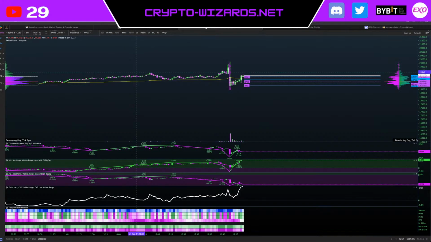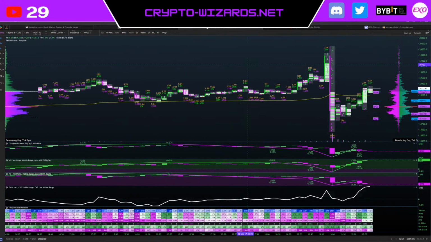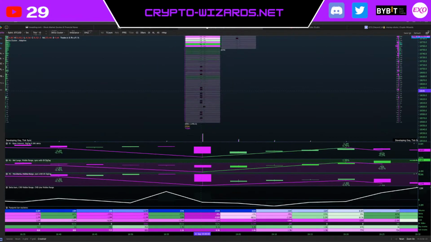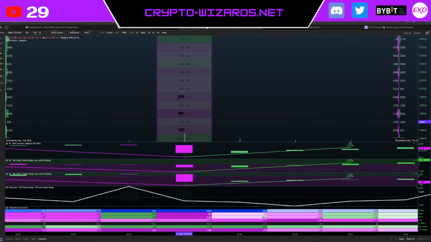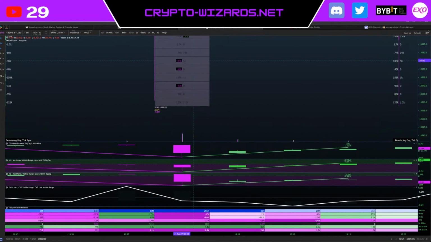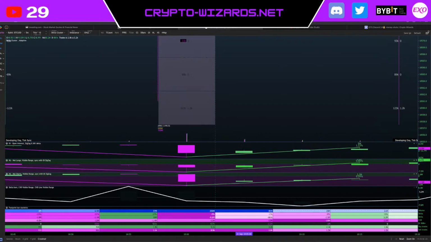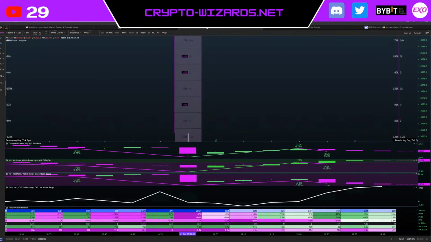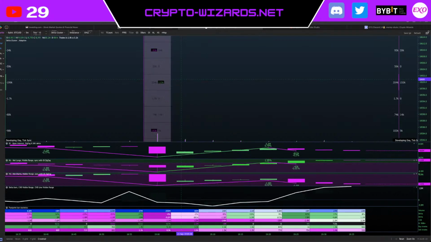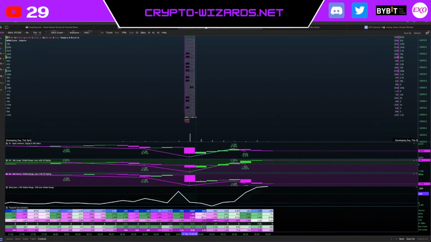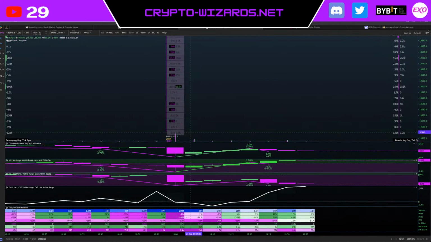Let me just have a look at this. So we see a lot of imbalances down there, a lot of them. But I want to see exact numbers. On the other hand, compared to the volume that we got, the delta on this candle is pretty neutral. It's negative 4%, which is not a lot. I mean, it's negative 9.6 million, which normally would be huge, but you need to keep in mind that on this candle we had 255 million volume. So it's crazy.